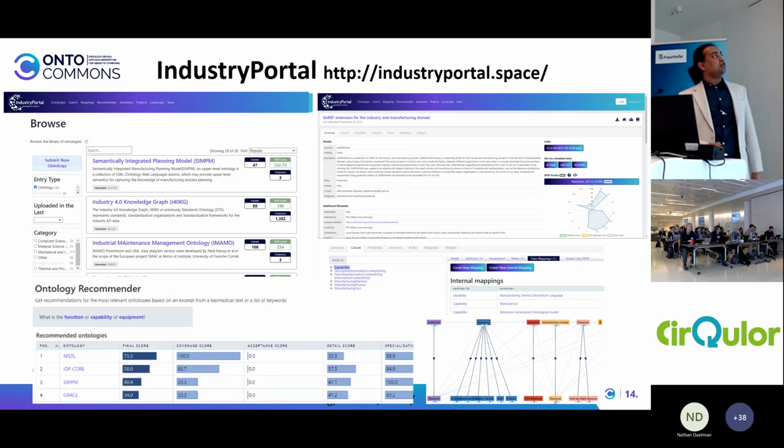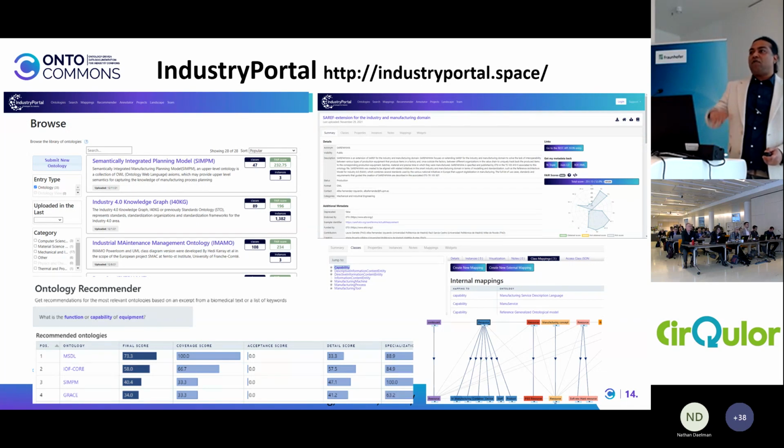Then we have also this tool. Now I'm going to give you some snapshots of the tools which we built specifically within the project. Of course, we support and recommend all the tools, but, yeah, I'm almost done. Just to give you a snapshot, one is this industry portal where we are trying to curate and maintain all the ontologies we can find from our service, and then also we will expand this to others.